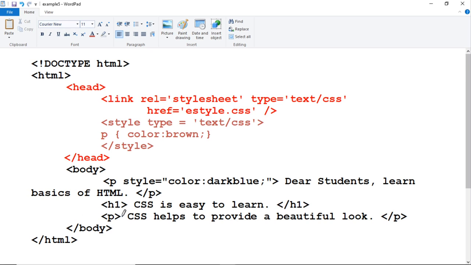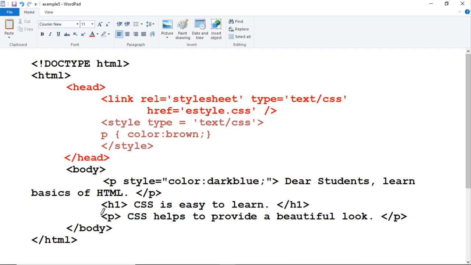Now observe we have implemented inline CSS, internal CSS and external CSS for this HTML document. Inline CSS will have the highest priority, so the first paragraph element style will be applied, so the color is dark blue. This text, Dear students, learn basics of HTML, will be displayed in dark blue color.